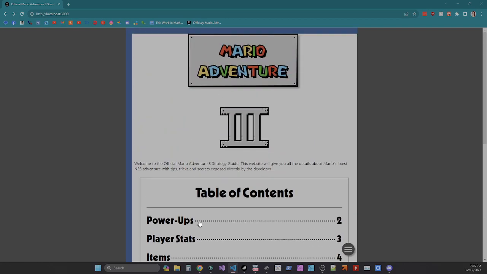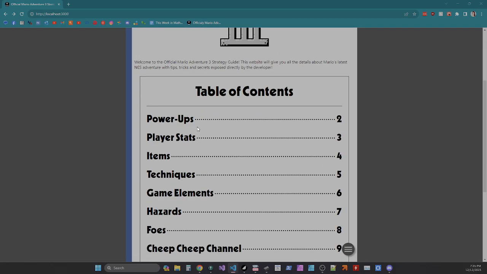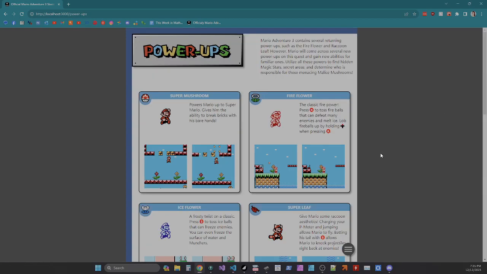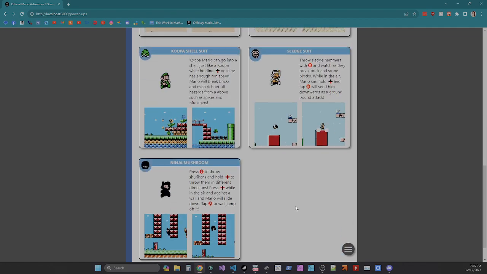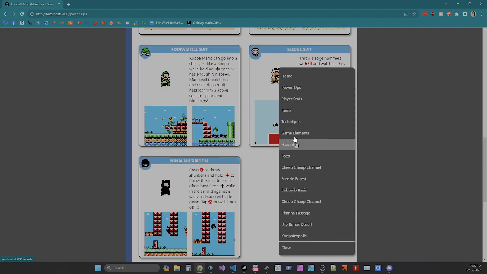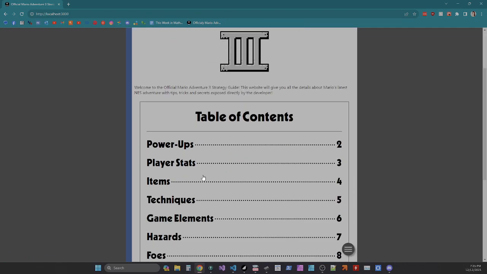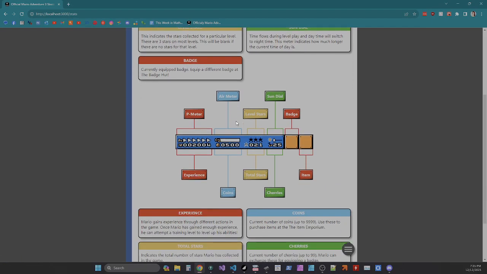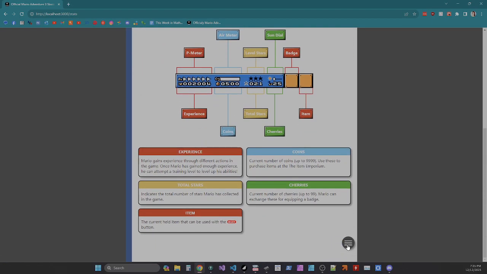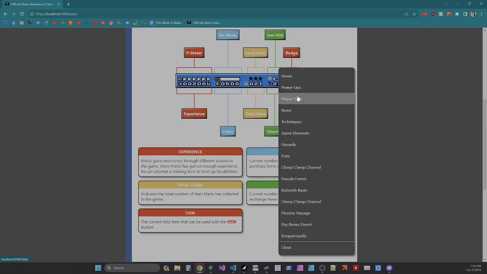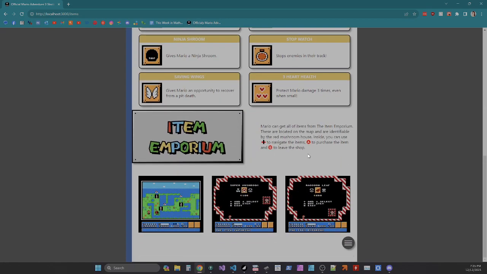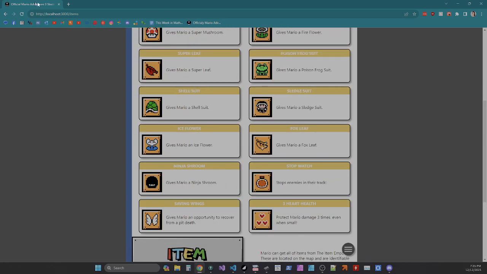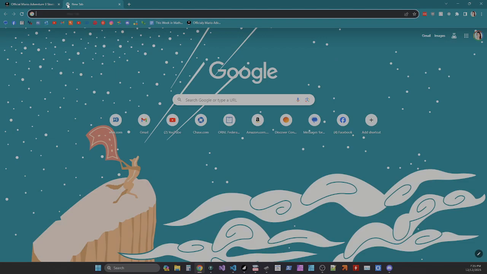So yeah, this is going to be a strategy guide for the game. Whatever you click on here, you've got your description of your power-ups. You got a little menu back here. Let's go home. Player statistics. So I really am going for an official Nintendo Power strategy guide vibe. So for those who don't know,